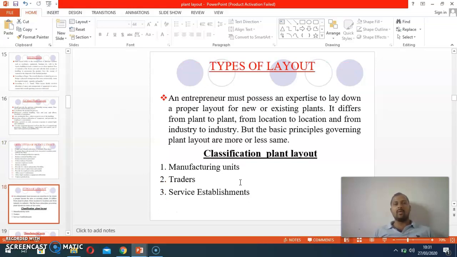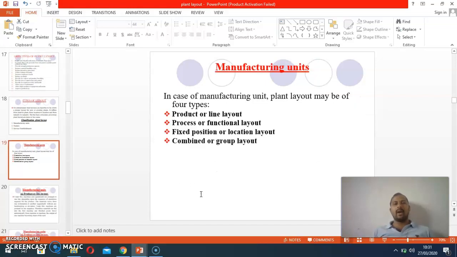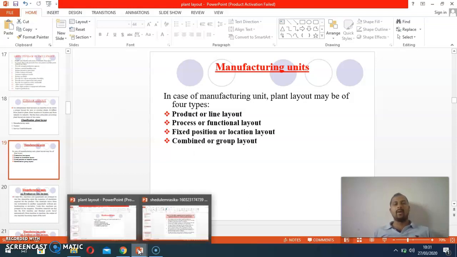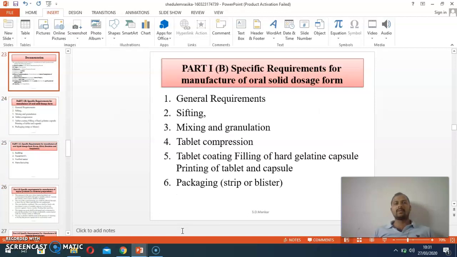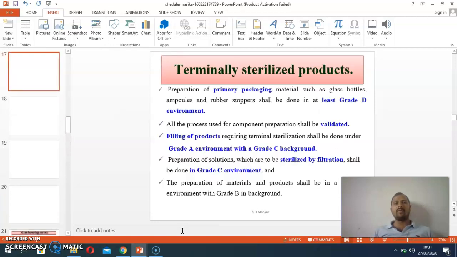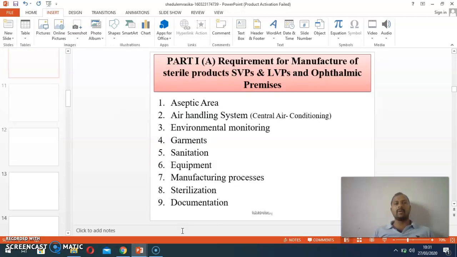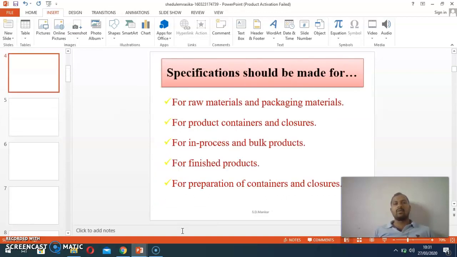Then types of layout. There are three main types: manufacturing units, traders and service establishments. According to the manufacturing unit, there are product or line layout, process or functional layout, fixed position or locational layout, and combined group layout. Then we are discussing the different Schedule M requirements for the